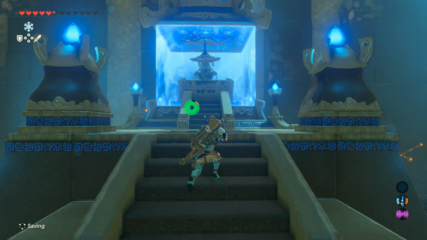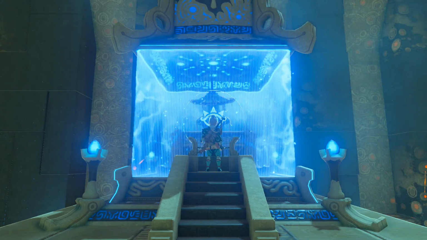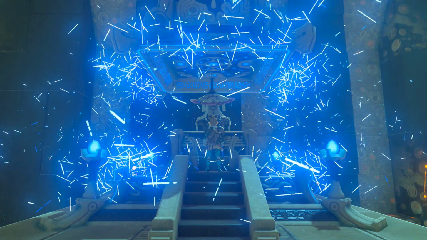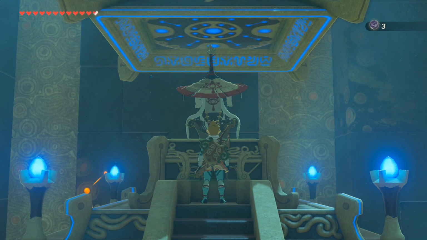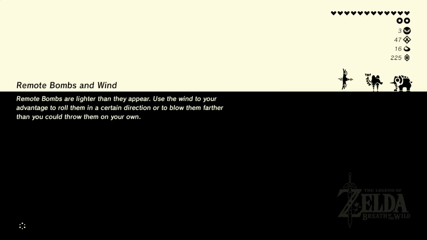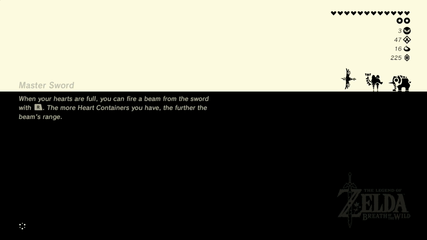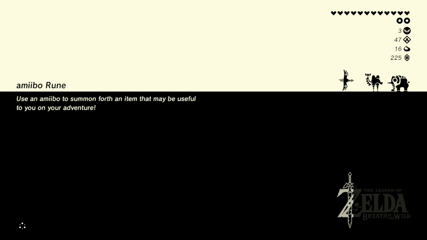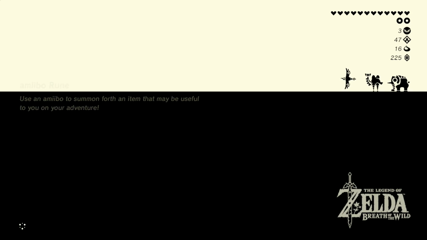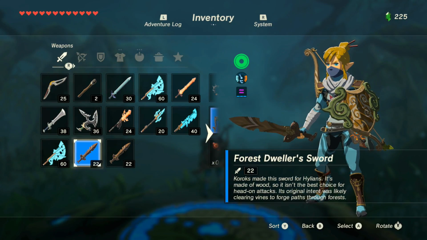I will happily take another giant ancient core, thank you very much. And another spirit orb. Almost the way to another upgrade. We're making some nice, decent progress on unlocking our upgrades. When your hearts are full, you can fire a beam from the sword using... I had no idea that this was an ability of the Master Sword. I've just found out something new about the Master Sword I did not know through the menu tips. Okay. When your hearts are full...